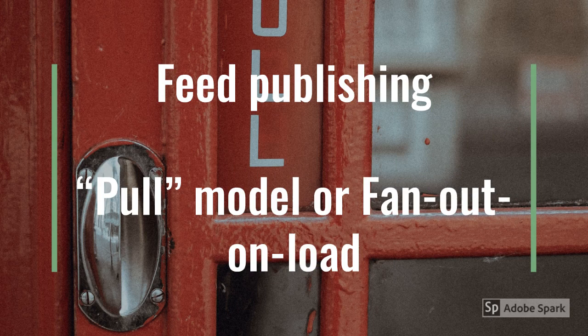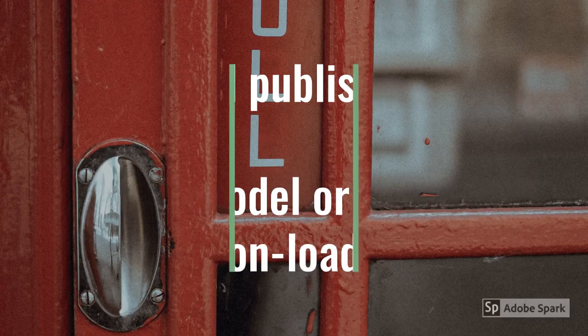Let us discuss different options for publishing feed data to users. First one is the pull model, or fan out on load. In this method, all the recent feed data is kept in memory and the client can request the server whenever it needs the data. New data might not be shown to the users until they issue a pull request. Moreover, most of the time a pull request will result in an empty response and it will cause a waste of resources. It's hard to find the right pull cadence.